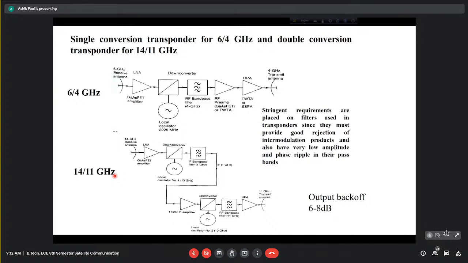And then again, for the lower frequencies, the question might arise: why not use 2 gigahertz, maybe 2 gigahertz uplink and 1 gigahertz downlink? Now those frequency bands actually suffer very severe disturbances, resulting in rapid, intense and random fluctuations of the amplitude and phase of the signal. So, depending on which layer of the atmosphere we are talking about, whether it is the lower atmosphere extending a few kilometers from the surface of the earth, within which this water vapor related absorption effects are confined,